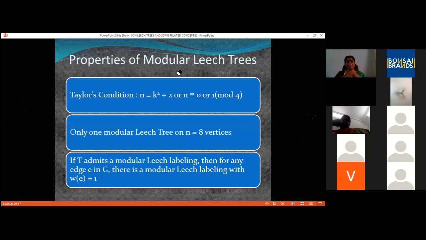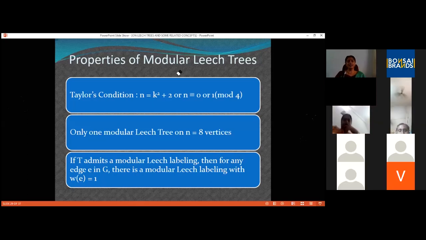But an interesting observation is that if you have a modular leech tree and an assignment which gives a modular leech labeling, definitely you can find a modular labeling in which an edge is assigned label 1. This result is very good in the sense that it helps us to start the labeling process with the number 1. Without loss of generality, we can start modular leech labeling also with the number 1. That is what makes this result interesting.